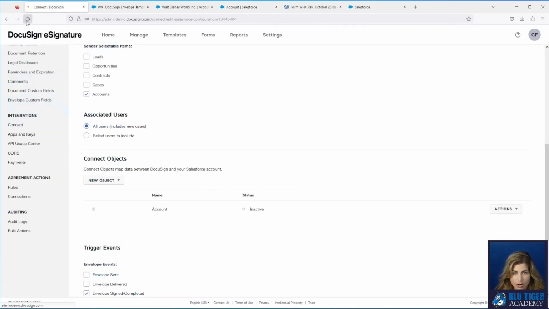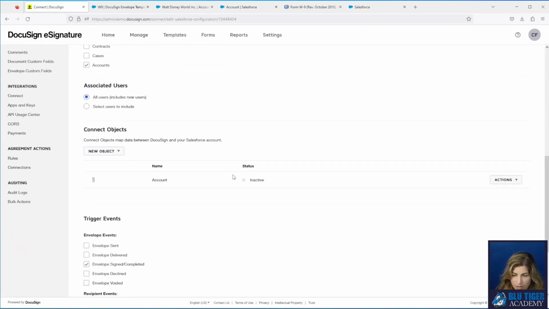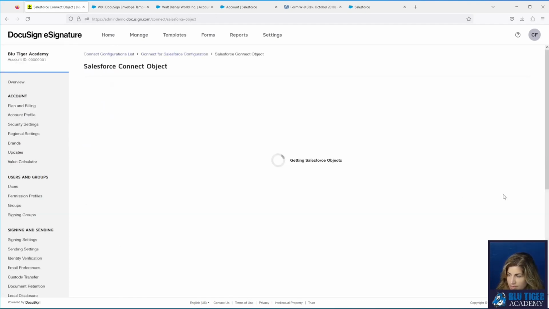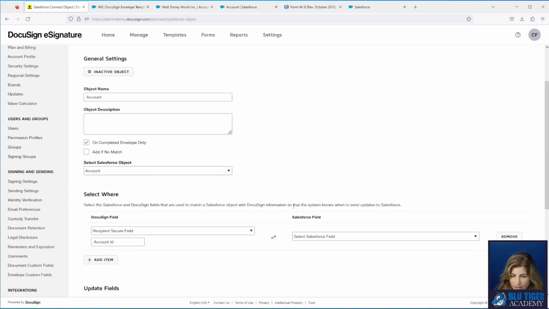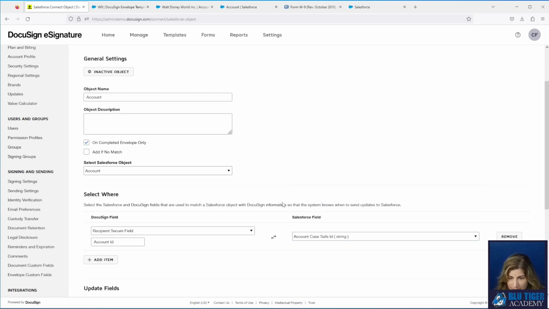Now let's refresh our DocuSign Connect settings. We'll click into here and edit this. And then we can see that our field went away because we renamed it. So that's another hard lesson you may learn. If you change the API names of your fields, you'll need to come in and remap it here. But here I can see my KSafe ID field. So now I know for sure that that's the right field.